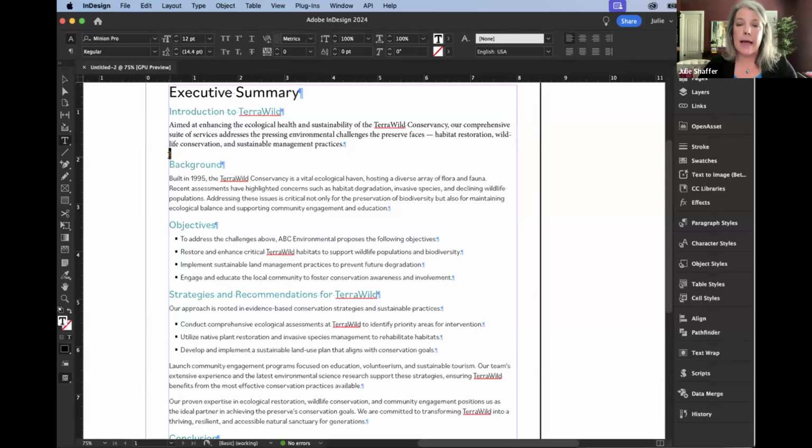Now, of course, paragraph styles give us all of the text formatting and alignment and spacing and all of that stuff, but there's so much more that we can do with paragraph styles when we're using them effectively. And one of them that we'll look at today is building in character styles. Now, character styles are like little mini paragraph styles, but only for the attributes that we assign. Things like bold, underline, italic text, those little things that we want to call out in a paragraph,